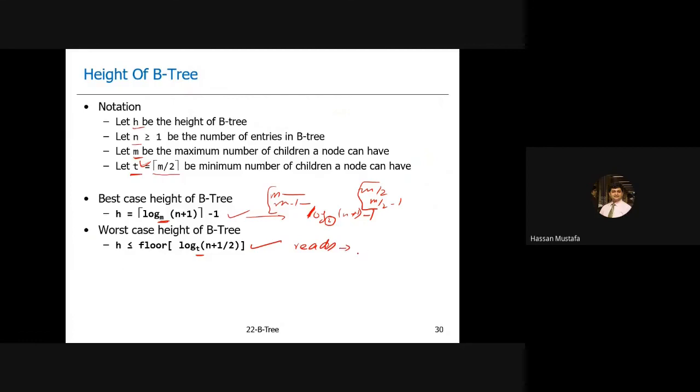that is the hard disk operations, the worst number of hard disk operations for any algorithm of the B tree. Maybe it's an insert operation or a delete operation or search. So for any operation in a B tree, the worst number of hard disk accesses would be around this value, log base t of n plus 1 by 2. N plus 1 is in one bracket, the entire operation is divided by 2. So that's the number of disk accesses in a B tree.